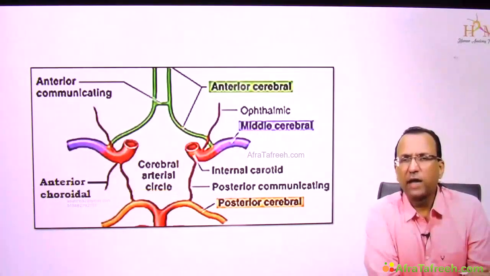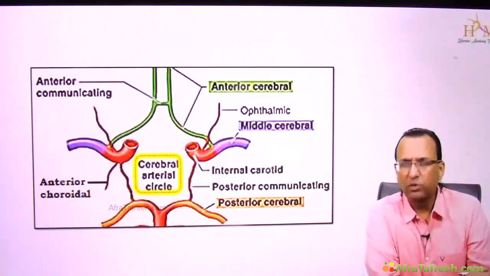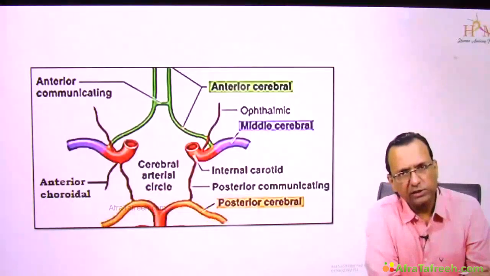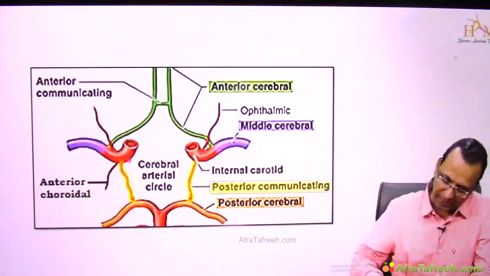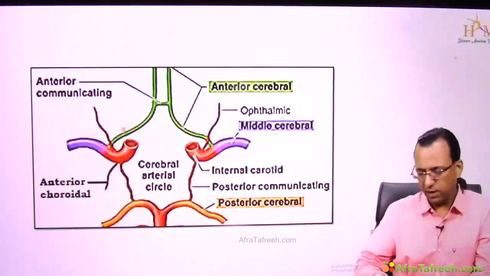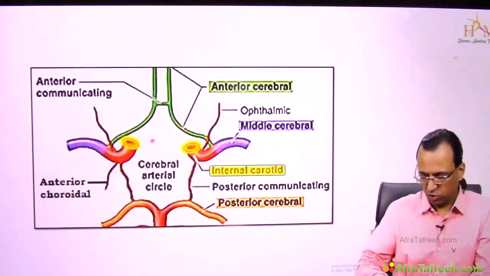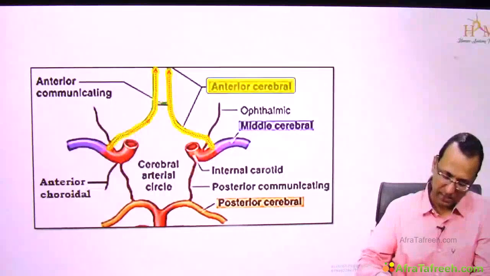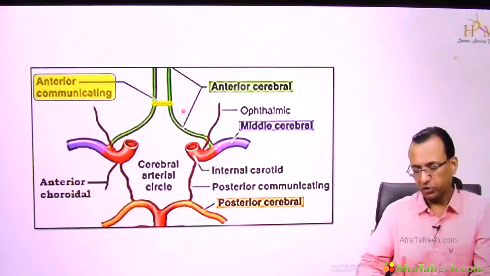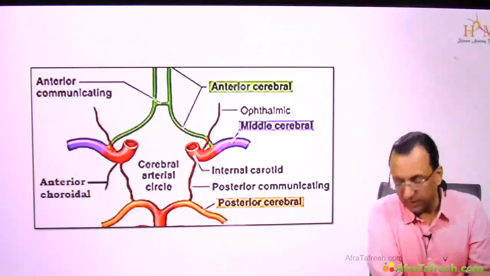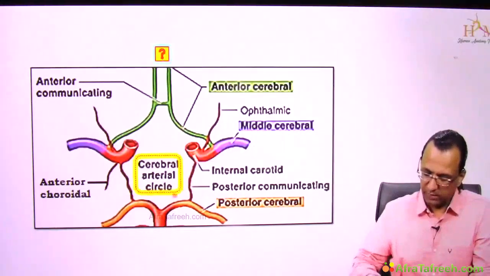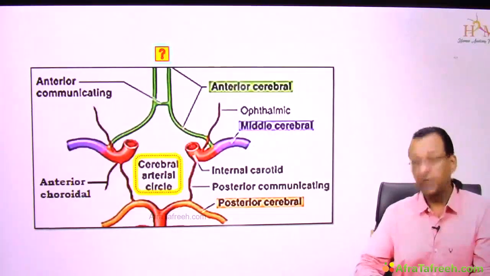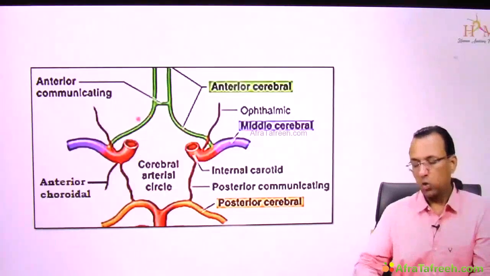9 arteries making circle of Willis. Yes. Okay, let us count. 2 posterior cerebral arteries and 2 posterior communicating arteries and 2 internal carotid arteries and 2 anterior cerebral arteries and 1 anterior communicating artery. So total 9 arteries making circle of Willis. So what are the 9 arteries making circle of Willis? They are 2 posterior cerebral and 2 posterior communicating and 2 internal carotid and 2 anterior cerebral and 1 anterior